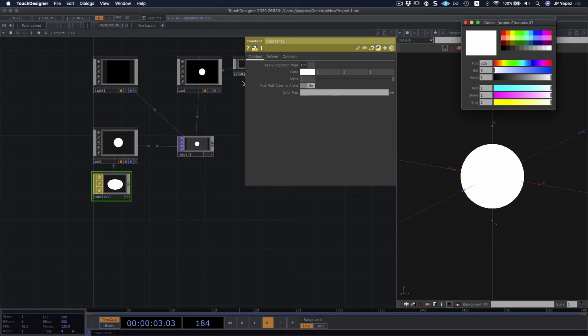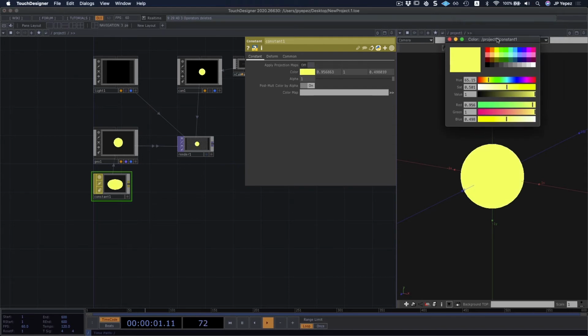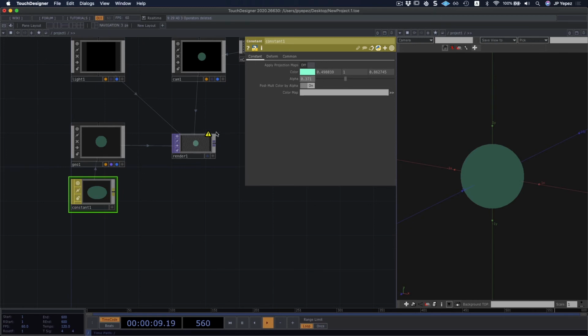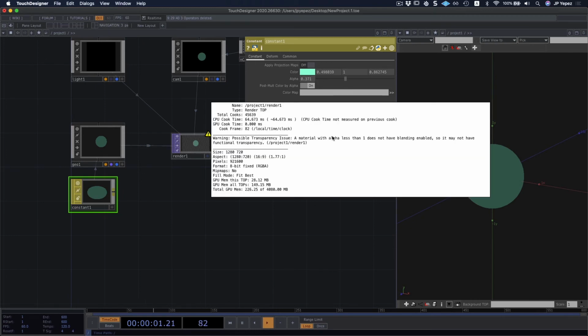Whenever you come into a material, check your pane, and you're gonna see all the options that you can change, from color, maybe yellow or blue, to alpha. But we're gonna have a problem here. Whenever you add alpha, you need to enable transparency.